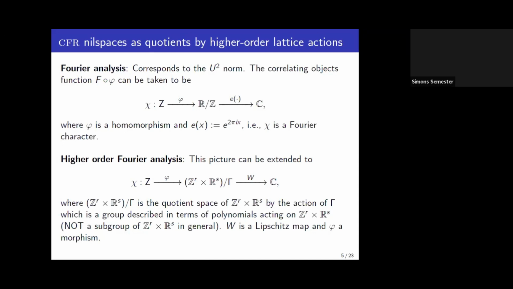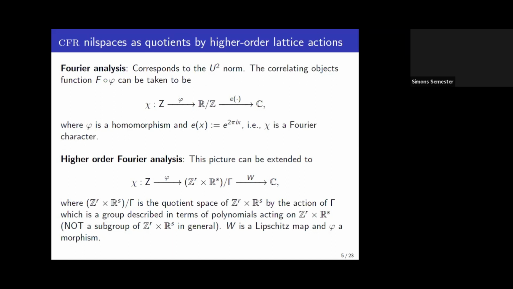That will work. And it turns out that in higher order Fourier analysis, you have a picture like this, where instead of having R modulo a set, you have this space that I don't call an abelian group because I won't treat it as an abelian group in general. It's just the set R cross R^S, modulo some gamma. This means that there will be some group acting on this space, and this is the quotient by the action. And this is essentially what we want to prove, that we can see higher order Fourier analysis,